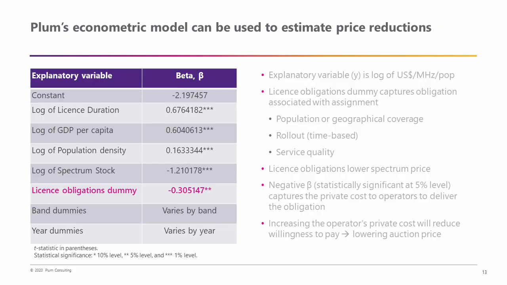We at Plum have carried out a number of econometric studies over the past few years to look at how different factors influence the value of spectrum. One of these factors is the level of obligation. Our models reveal how the imposition of obligations significantly reduces the value of spectrum to operators. This shows one of our models, and you can see there's a significant negative coefficient on the existence of license obligations. In fact, since this is a logarithmic model, we can see that imposing obligations reduces the value of spectrum by about 30%. This is a fairly blunt instrument.